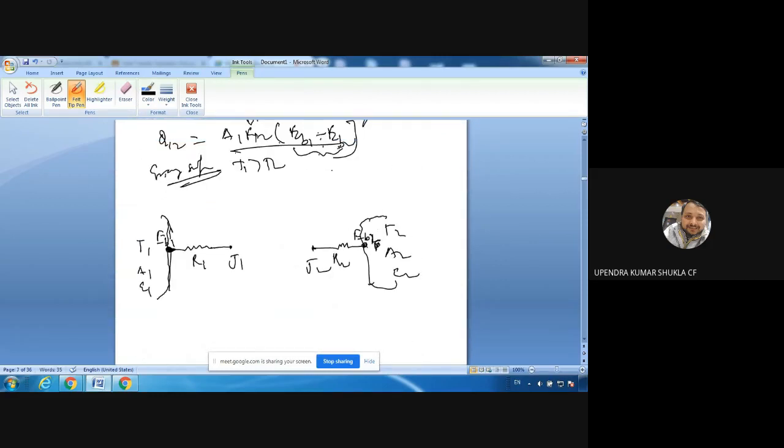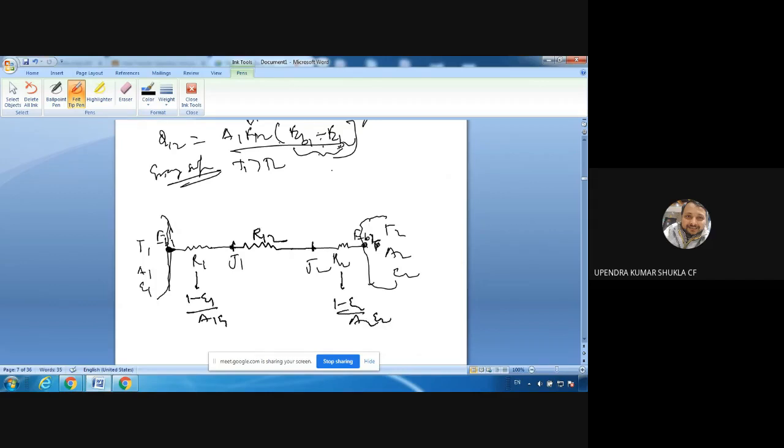Now we have to connect these two. Now, heat transfer between J1 and J2. Since J1 and J2 do not lie on the surface, they lie in the space, you can connect them with the help of a resistance, the space resistance from J1 to J2, R12. Now we know the value of R1, which is 1 minus epsilon 1 over A1 epsilon 1, and the value of R2 is 1 minus epsilon 2 over A2 epsilon 2.